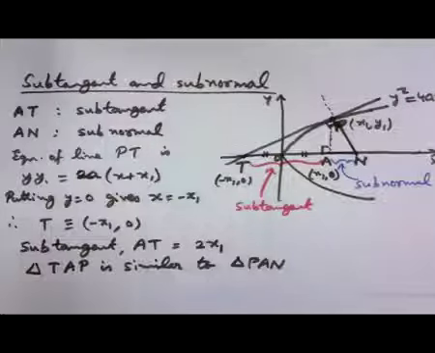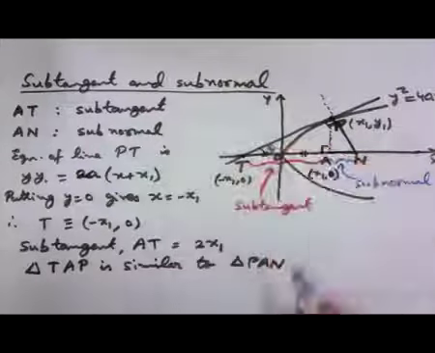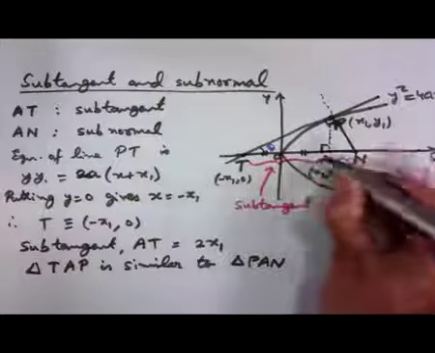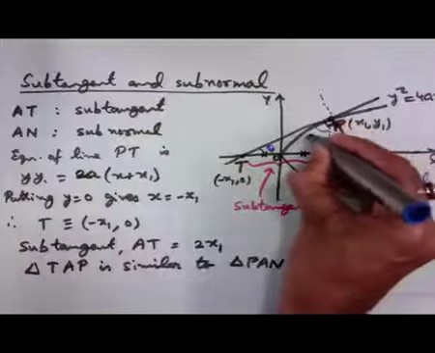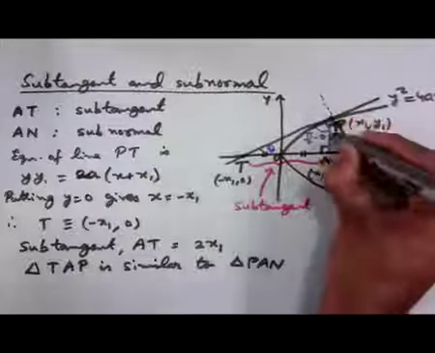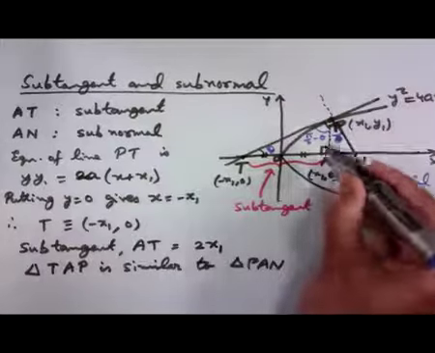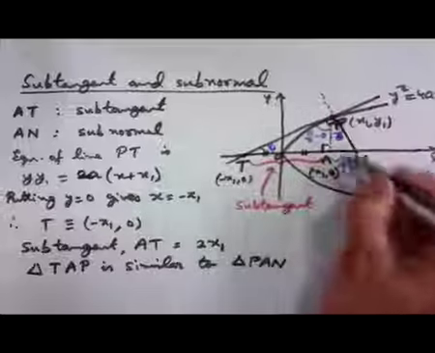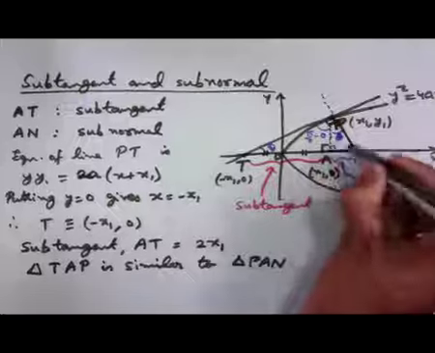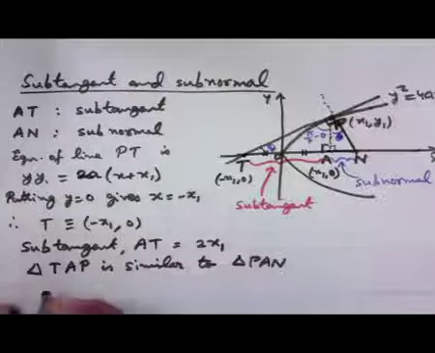Because if you see, suppose this angle we call theta, and P A T is a right angle triangle. So, this angle will be pi by 2 minus theta. Again this is 90 degrees. So, this angle is theta. So, angle A T P is same as angle A P N, and then one 90 degree is common. So, therefore, these two triangles are similar,